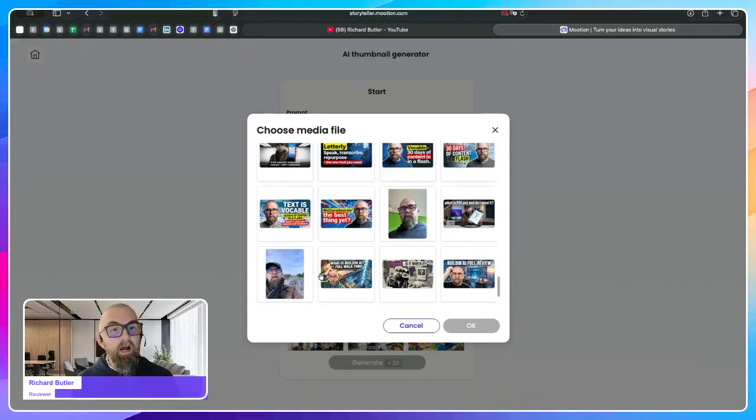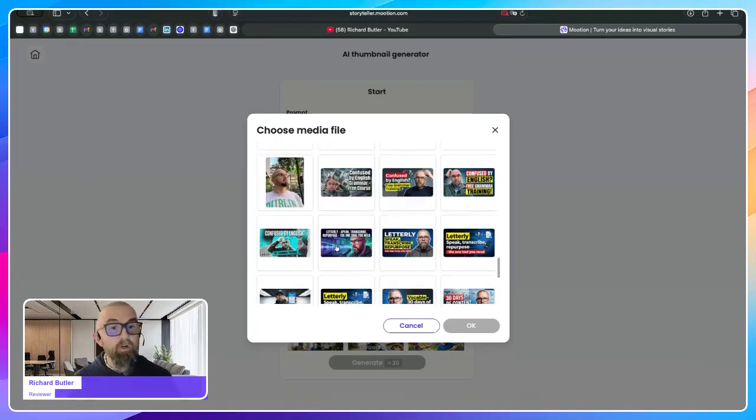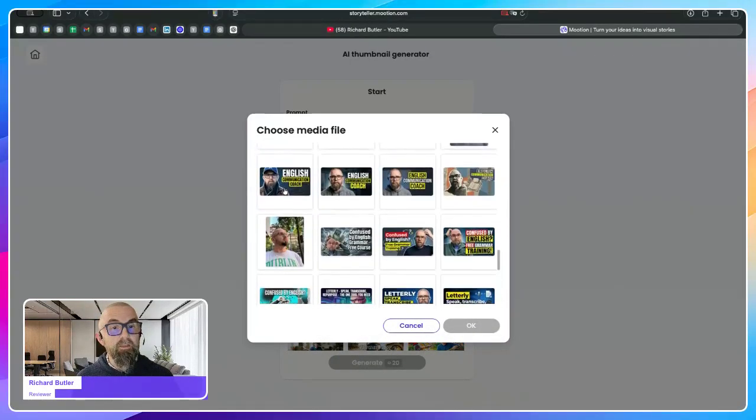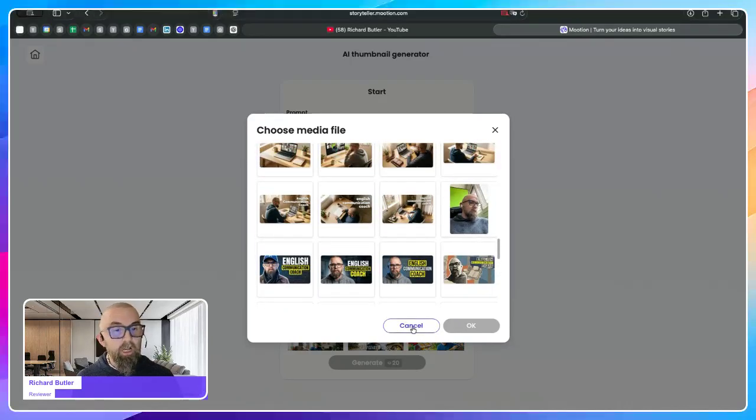For example, this one became this image. This one here was me when I took a picture of myself on a bridge, and I think I have the picture here, and it made this thumbnail as well. So it's a really powerful tool, and you just upload